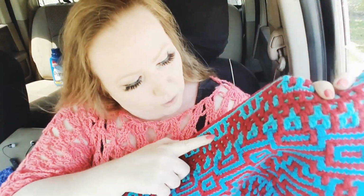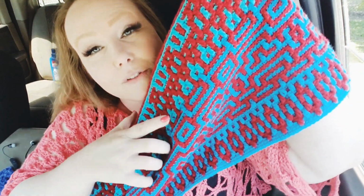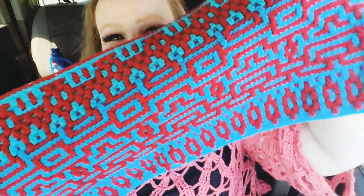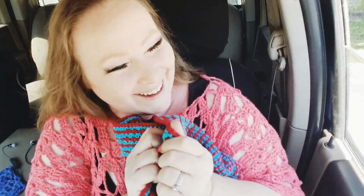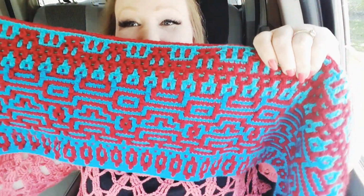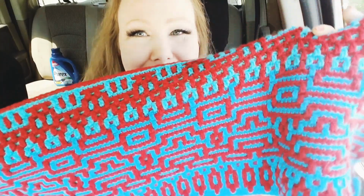And then the blue, this blue up here, and this blue right here, those two blues are Paint Box yarns that were also gifted to me. So this is my 100% free blanket. I don't know if I'm going to have enough yarn to do it as large as I want, but this is something else that I've been playing with and just coming up with stuff here and there. So you can see, no plan,